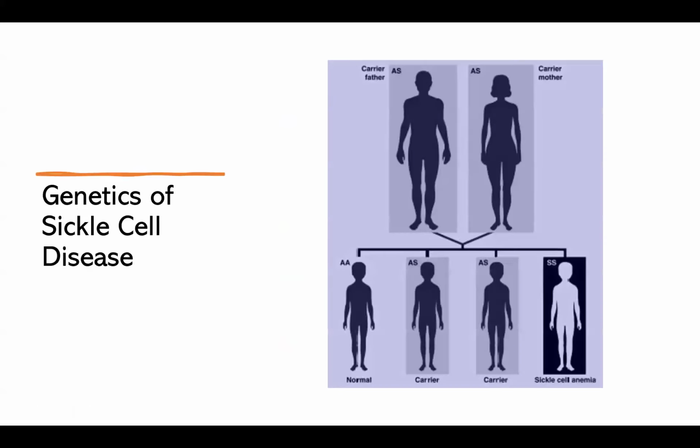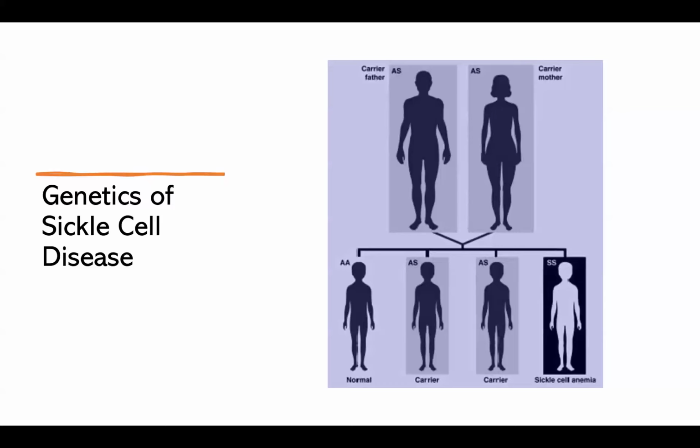So how do you inherit sickle cell disease? From this diagram, you can see that both parents carry the sickle cell trait. Sickle cell trait is denoted as AS, A being normal hemoglobin, S being sickle hemoglobin. We know that each time this couple has a pregnancy together, there are 4 possibilities. So there'll always be a